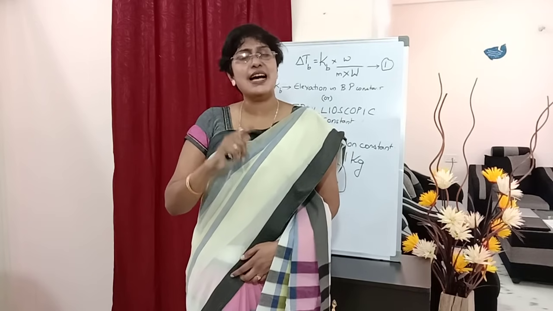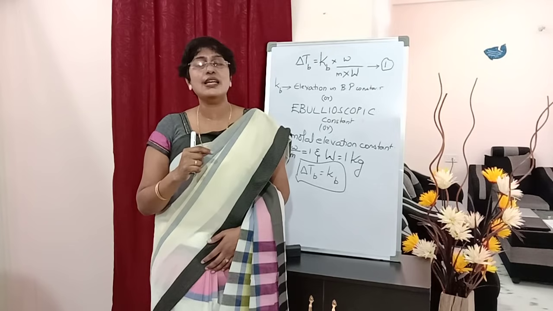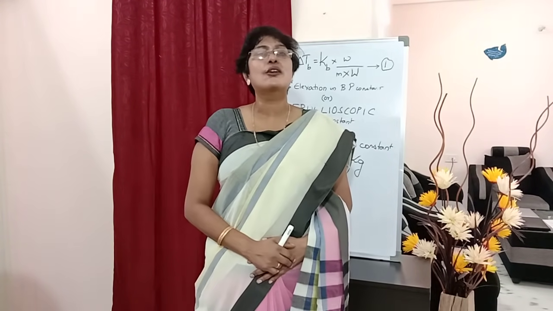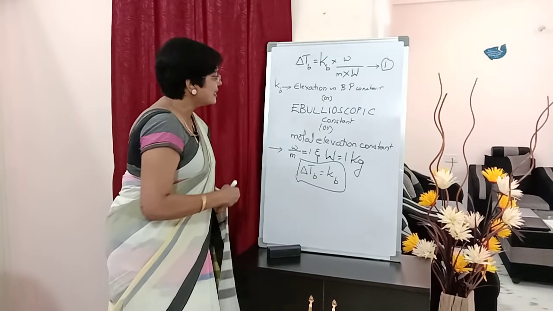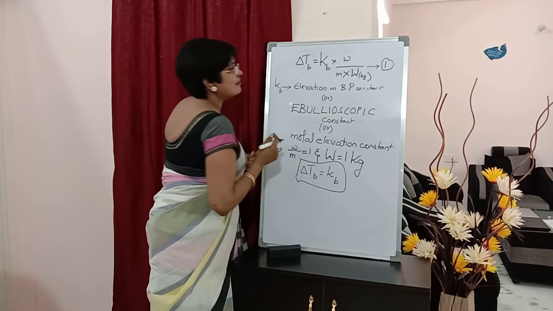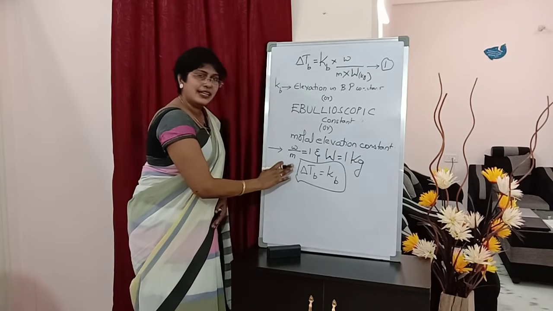So most frequently asked questions, students, they will ask you as a 1 mark question. Okay, suppose if it is a 3 marks question, they will split into bits. Define ebullioscopic constant. So what should be written, students? Check once. Kb is defined as elevation in boiling point when 1 mole of non-volatile solute is dissolved in 1 kg solvent. Okay, I am writing here in the brackets. You just mention, students, with the pencil, when W is equal to 1 kg. Okay, so now clear, now understood?